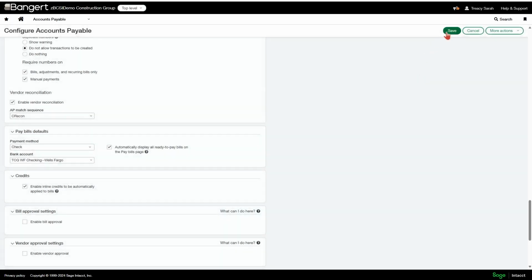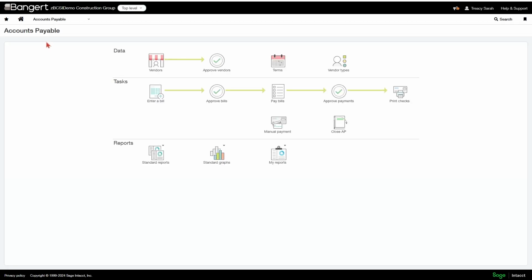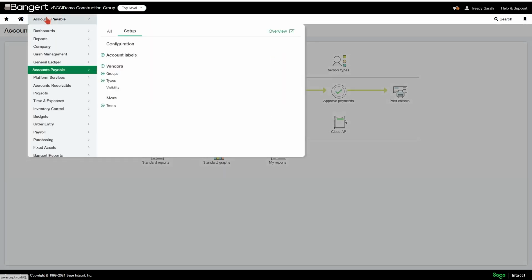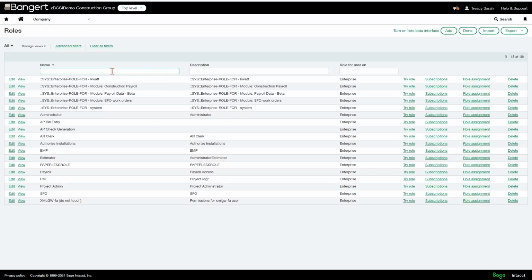And then you save again on the configuration page, and that saves the actual enable button. Okay, once you have that saved, refresh your browser. Then let's go to company, admin, roles.